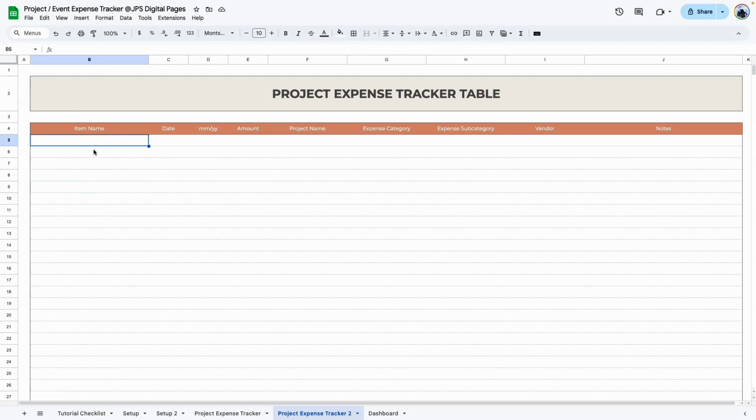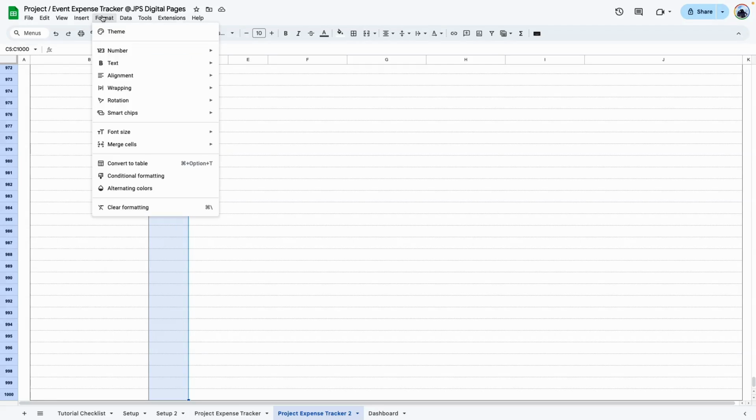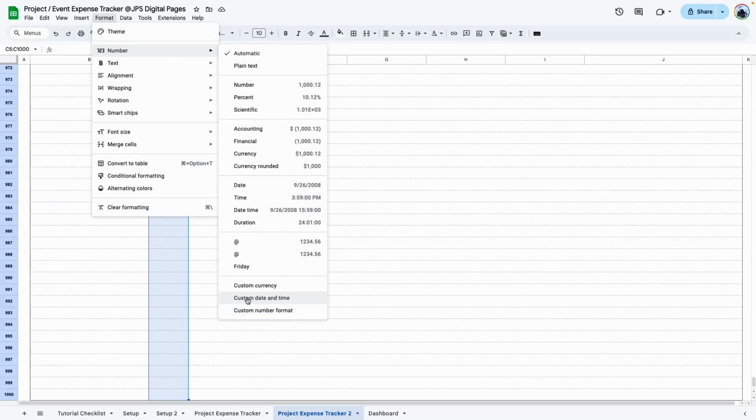Starting with the first one, we don't need to do anything here. So we'll skip to the next one. To format this, we're going to just select a few rows and then use my shortcut keys to allow me to select the entire column all at once. So I'm going to use Shift, Command, and the down arrow key. All right. And then what I'm going to do is go back to Format, Number, and do Custom Date and